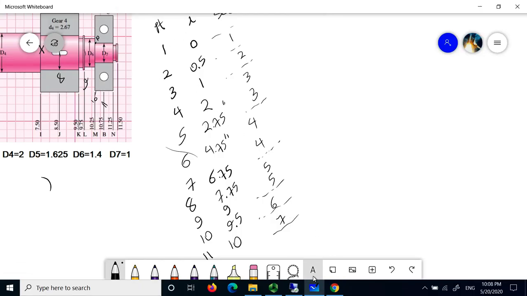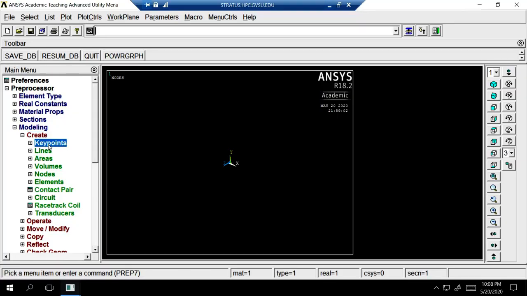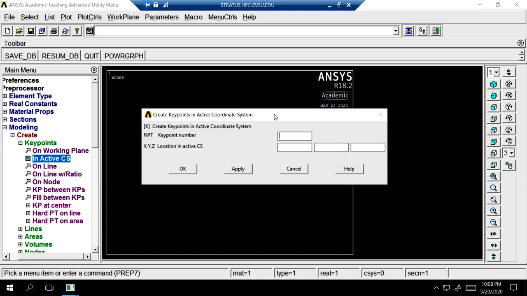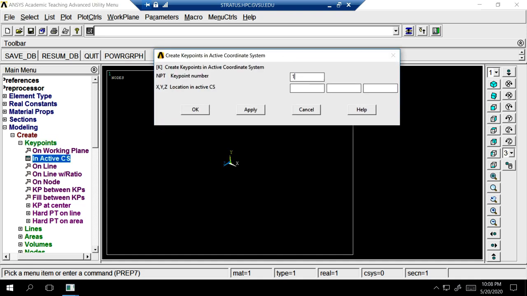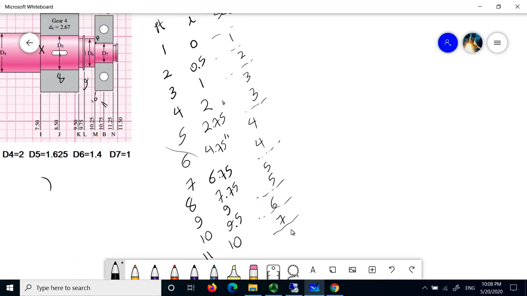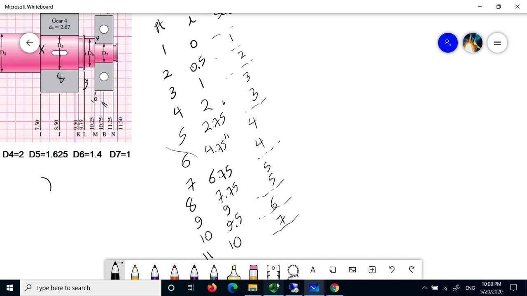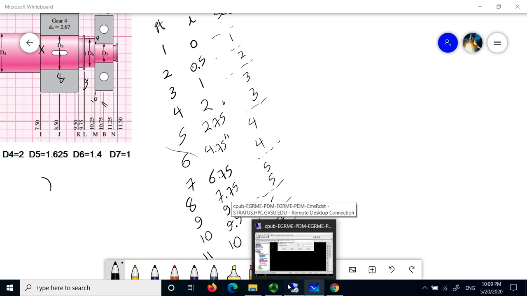So point 1 is at... I say create key points, and then in the axis coordinate system my point 1 is at 0, so 0 0 0. And then I say apply. I have my point 1 generated. Point 2, look at the x, is 0.5, apply. Point 3, position is 1,